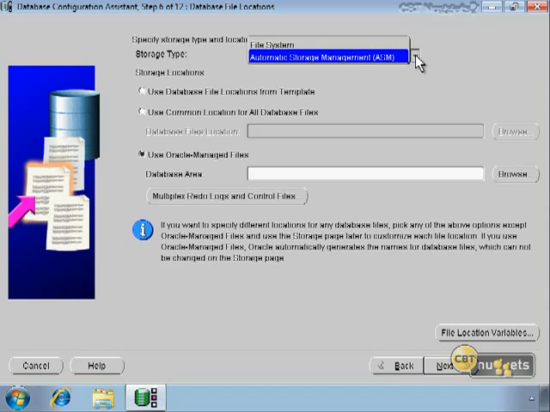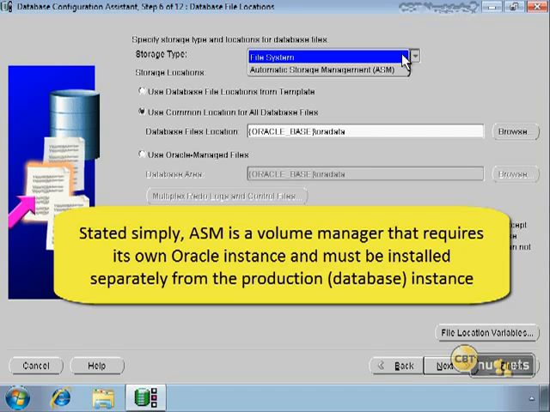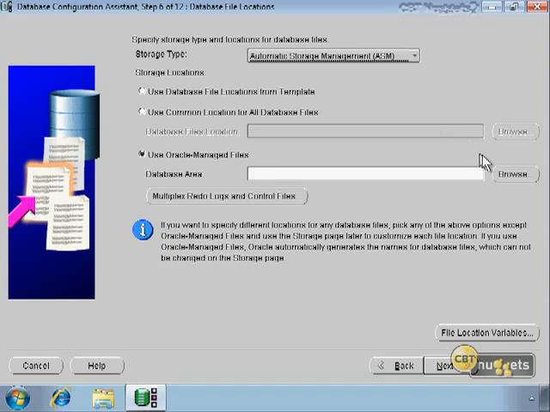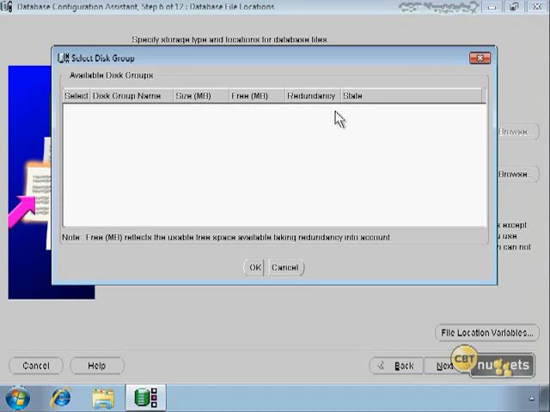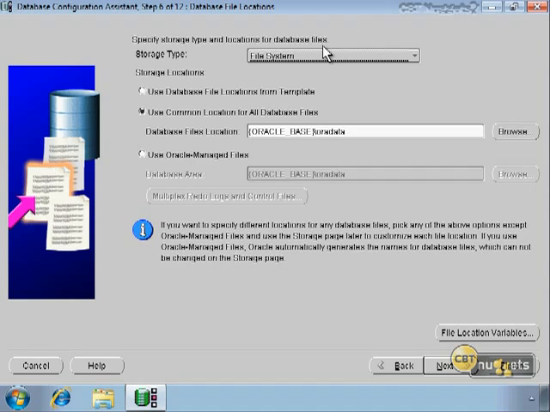Let me just simplify and say, unless you've installed automatic storage management, which is putting all of your faith in Oracle to manage your files, you'll want to choose file system. You actually have to install automatic storage management separately, and once you do that, you can create automatic storage management disk groups, as they're called, and then just specify which disk group you're going to store your files in, and you're good to go. I'm going to choose the file system, and the default there is to use a common